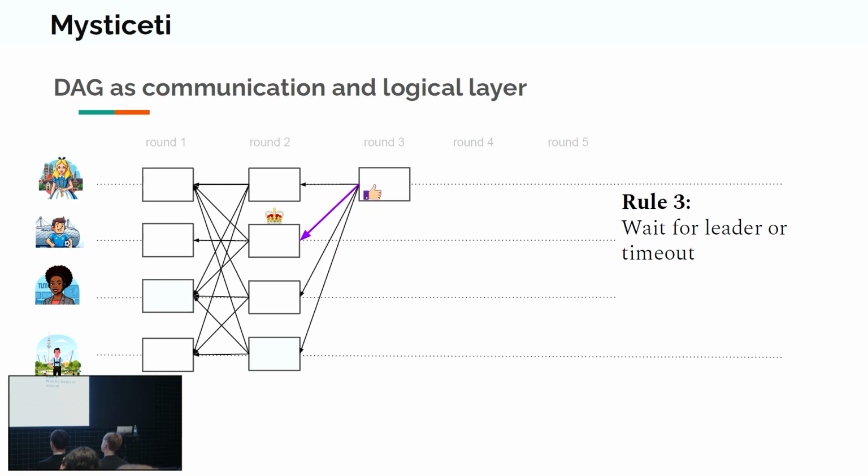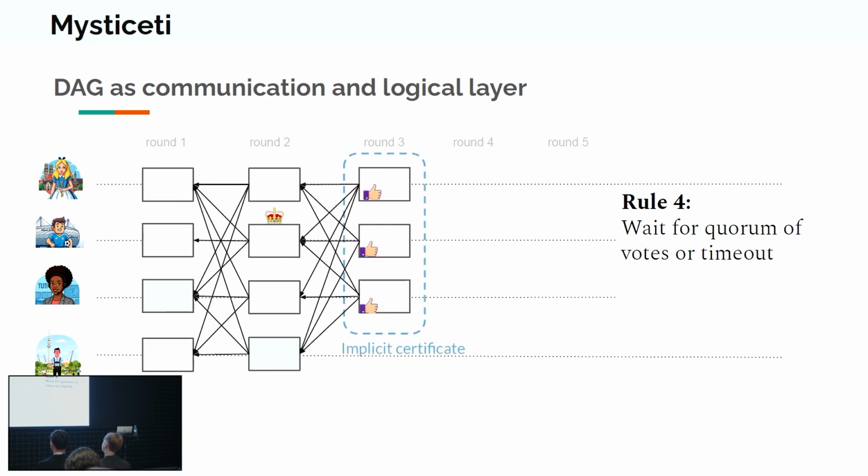So previously everyone just created a partial signature as a vote, and the next leader aggregated that signature in the quorum certificate. Now we want to mimic all these notions of certificates directly on the DAG, and this is the way we're going to do it. Say we have a second vote here for the leader, and it's extracted from the DAG structure, and if you have a quorum of blocks in round 3, then it serves as an implicit certificate for